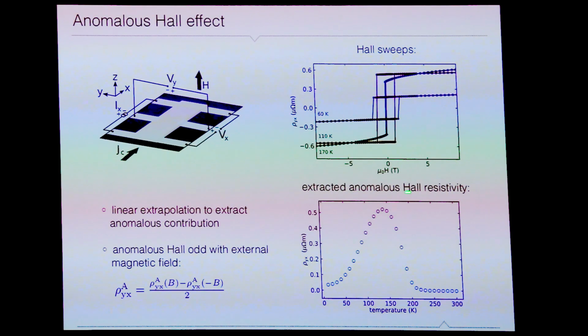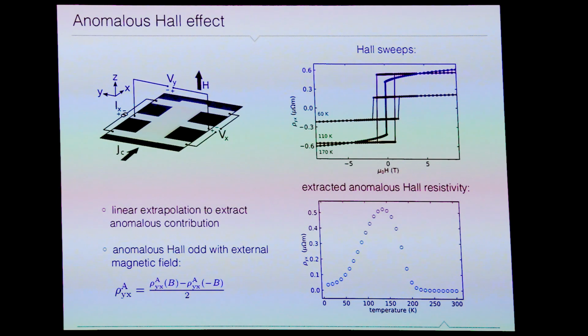And this is how a typical Hall sweep in this material looks like. So you see there is some linear slope in the back, which is just ordinary Hall, and you have some sharp switching around zero field, which is the anomalous contribution. And you get that out because you see there is some S-shaped behavior here by extrapolating the high field part